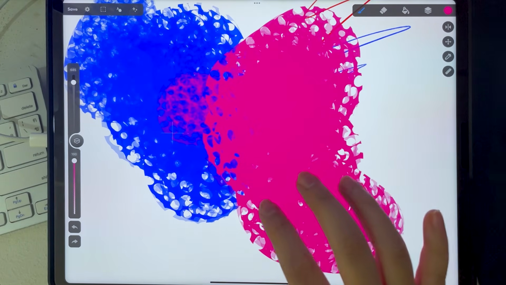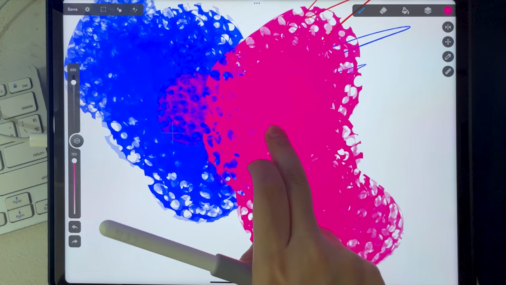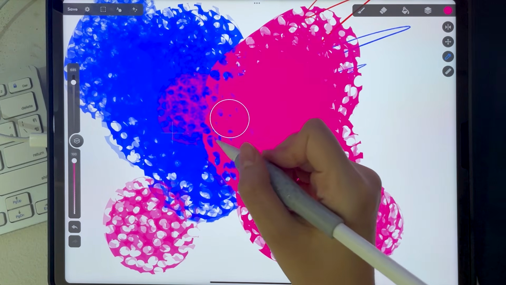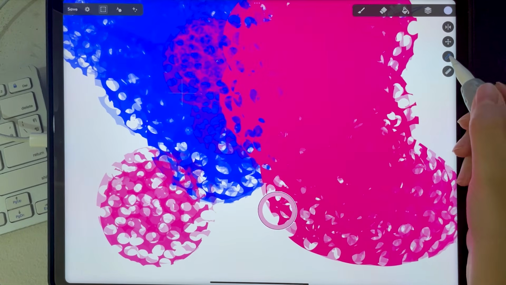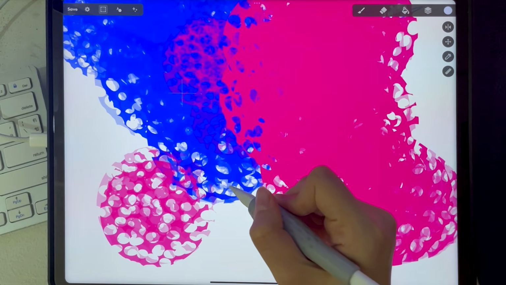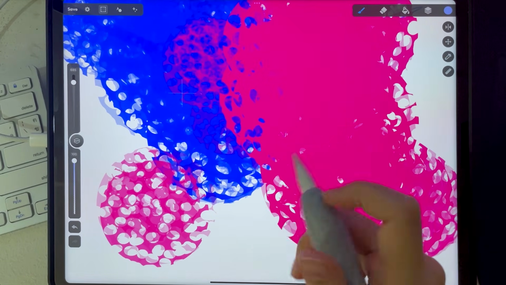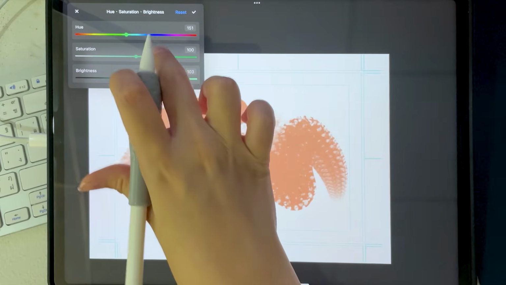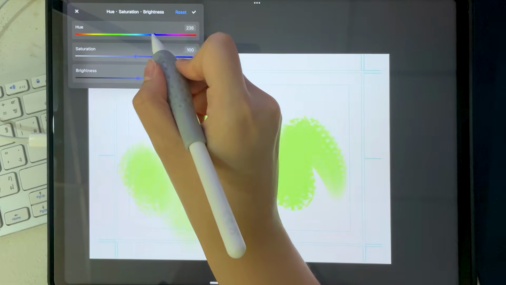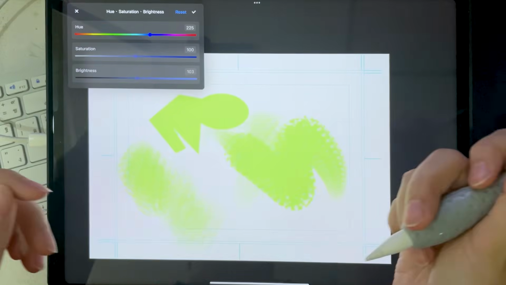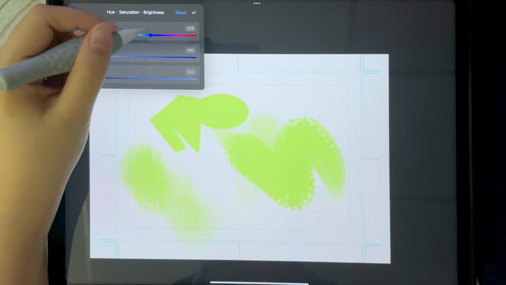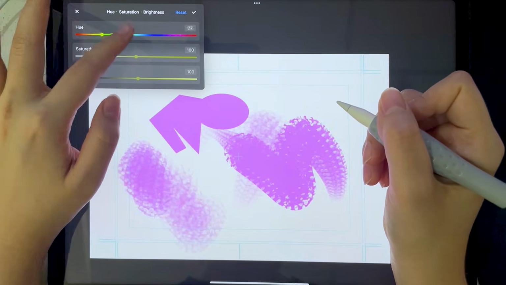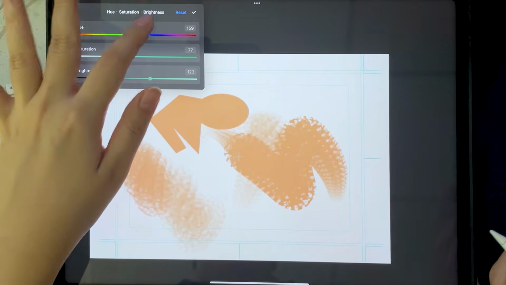4-finger tap does nothing. 3-finger does nothing. And you can't pick up the colors? Nothing? Nothing. No. I would have to come over here to pick up the color. Is that right? I would have to press this first and then come select. That's quite inconvenient. It's weird that they would put this panel right here up on the left. Because if I'm adjusting, how am I going to see it if my hand's in the way? I would have to swap, use my left hand. Or do I do this? And then they expect me to just use my left hand. Just let us move this. Let's put it at the bottom.